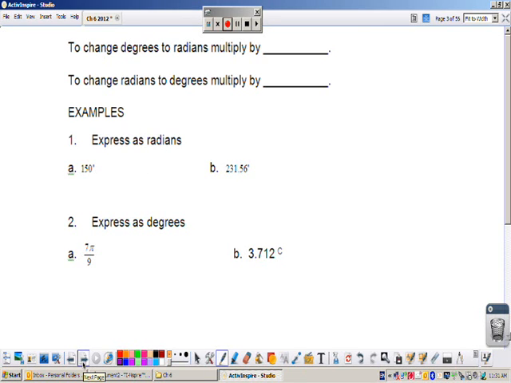So to change from degrees to radians, we learnt the little rule that we want to have pi in the finished answer, so we're multiplying by pi on 180. And to go in the opposite direction, we want to cancel the pi, so pi needs to be on the bottom. And we did some basic conversions, 150 degrees into radians, multiplying that, we cancel that down to 5 pi on 6. And we can do that even if it's not a nice even number, just by using our calculator,